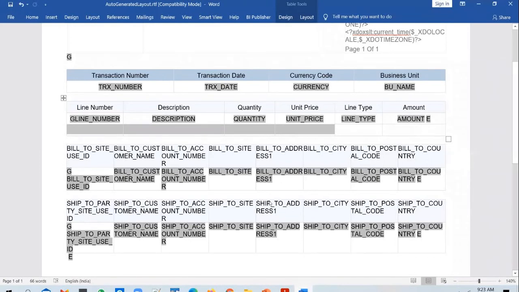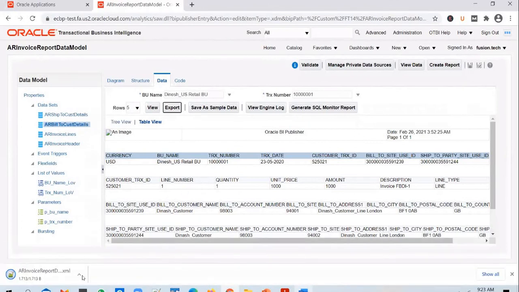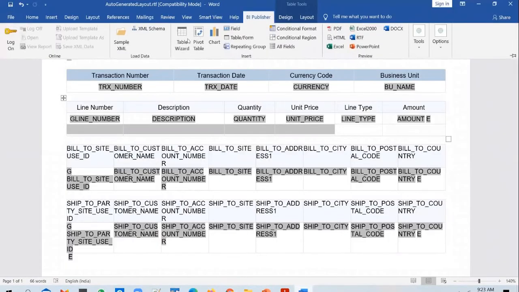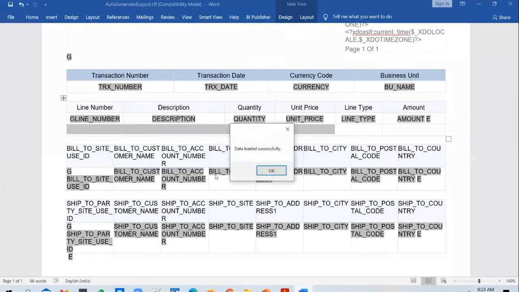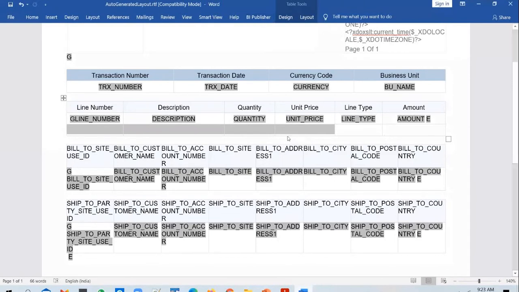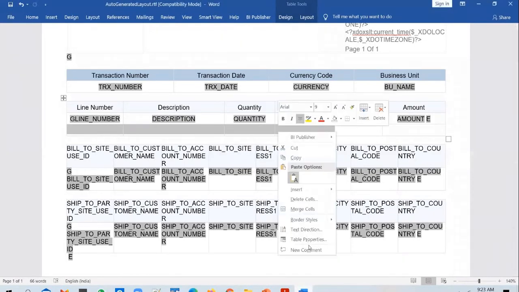And what you can do is we can take it out as well. So you can save it as sample data and you can export the output if you want. And you can load in that XML file, the sample XML that is generated just now. And I want to display the total section here. So I don't want to delete these rows.